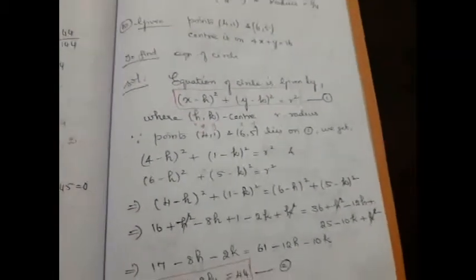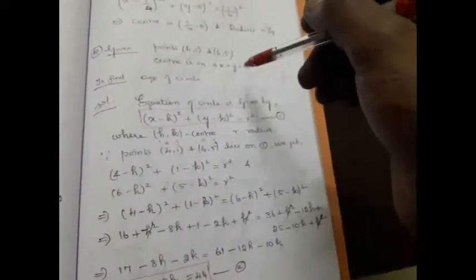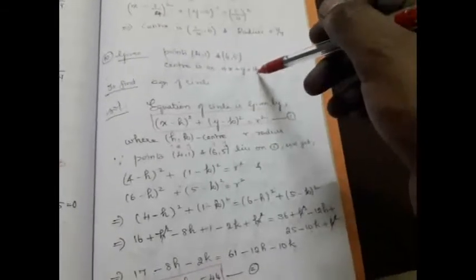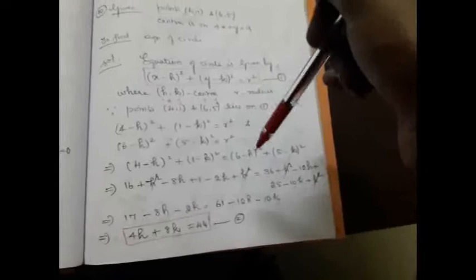Right. So what we did here, they asked you to find the equation of a circle. To write the equation of a circle, we should know the center and the radius. So to find the center and the radius, they have given you two clues: two points on the circle and the center lies on the line. On substituting, we obtained the equations, we have solved it and then we found the center and the radius and then we substituted in the equation. Yes, these are all very easy problems.